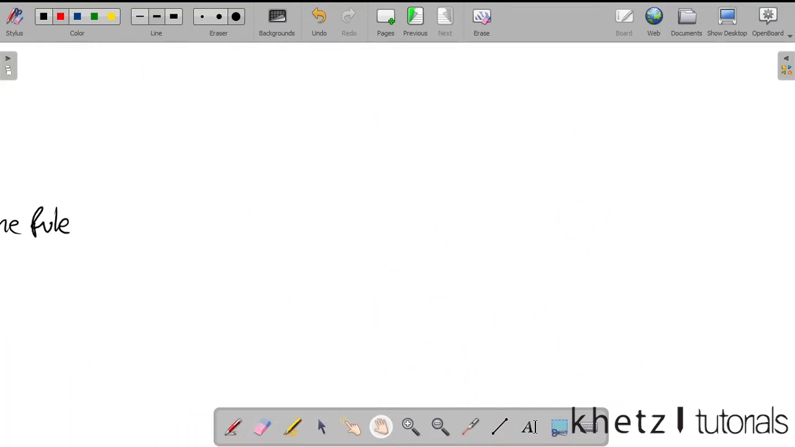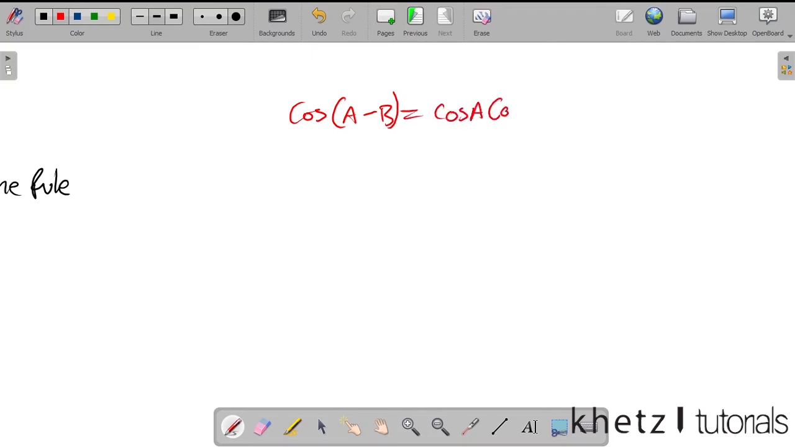So we're going to base all of our proofs on what we basically proved so far. Previously we proved that cosine of A subtract B is equal to cosine of A, cosine of B, plus sine of A, sine of B. Now we're going to use this to prove that,